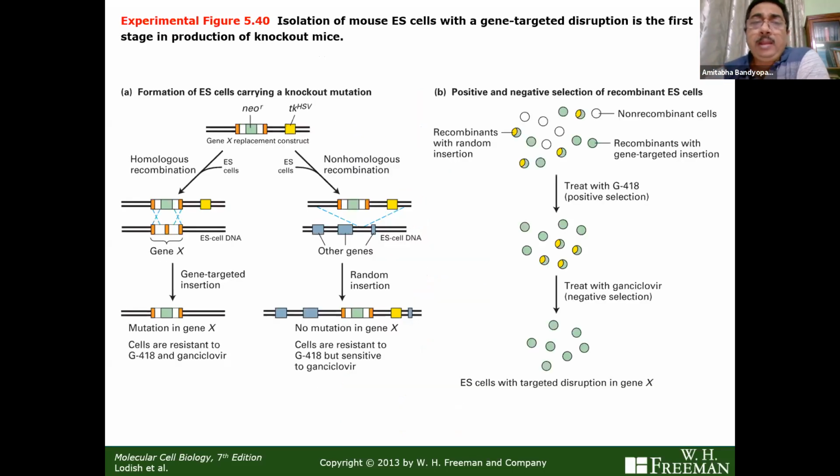How? One is that the homologous sequence, which is only 20 nucleotides in yeast nowadays, often runs into 3 to 5 kilobases in mouse. So you are talking about really complicated cloning. And then this is the homologous sequence, this is the homologous sequence, and within which you have the neomycin resistance cassette. It will be important later on, just to let you know, that this neomycin resistance cassette will have the promoter